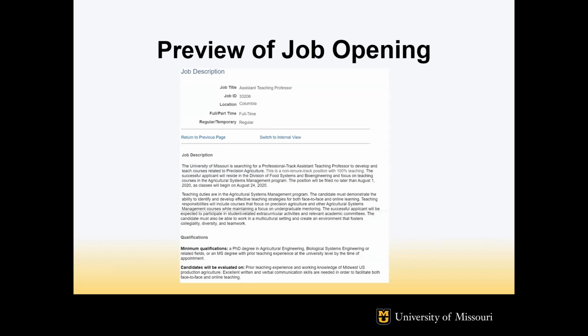All right, at the bottom of the page, you can click preview to see what your job posting will look like on the website. I highly suggest you do this because sometimes you're copying and pasting from another document that you might have into the job boxes. But when you click preview, you'll see that the formatting is not pretty. It is not fluid and it just doesn't look very professional.